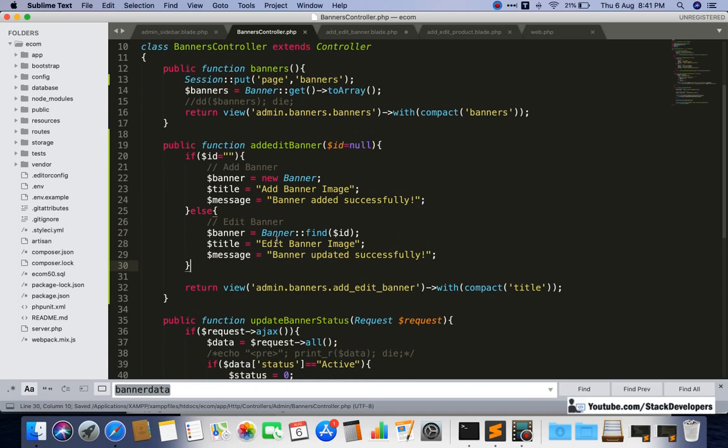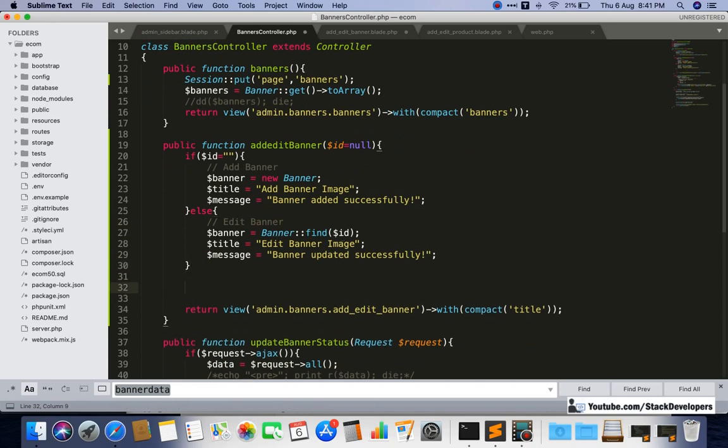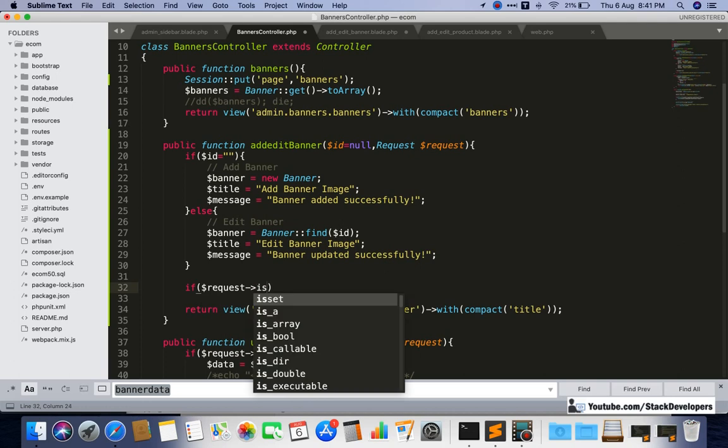Okay, so here after this one we will add the post method here, because from there we are going to post. So here we need to add the post as well, request $request like this. And here we already know how we will accept the post data. $request is method post.